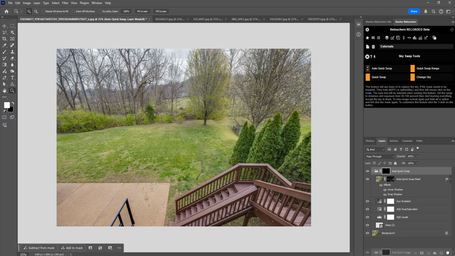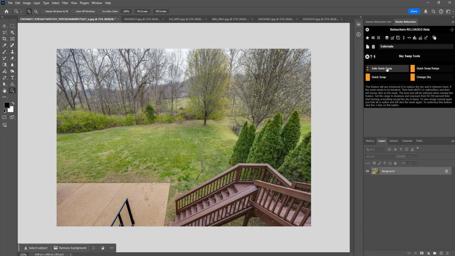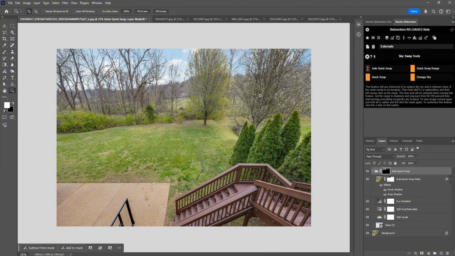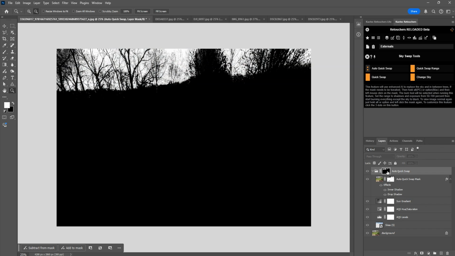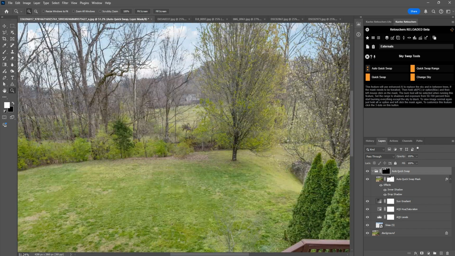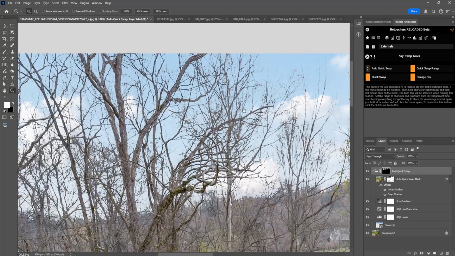So let's try with the auto quick swap. Okay, so it has a decent selection. It's getting basically everything. It looks a bit crisp on the edges,